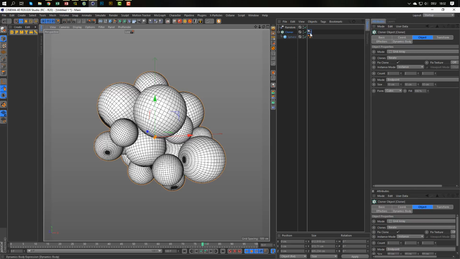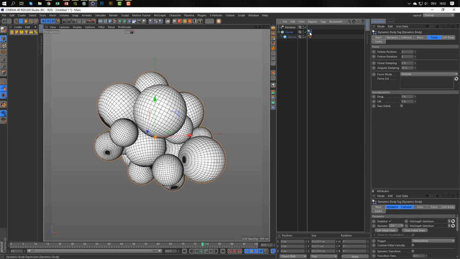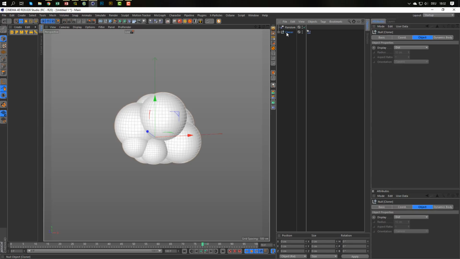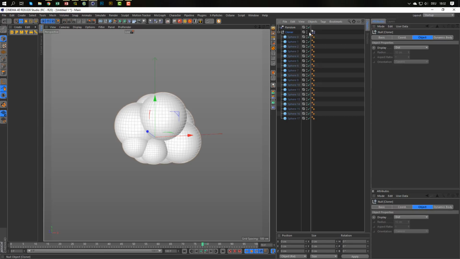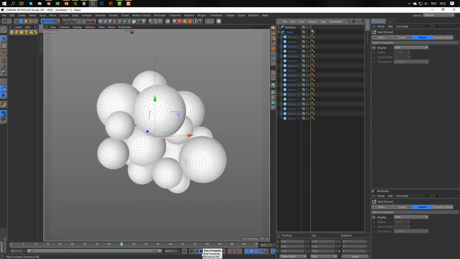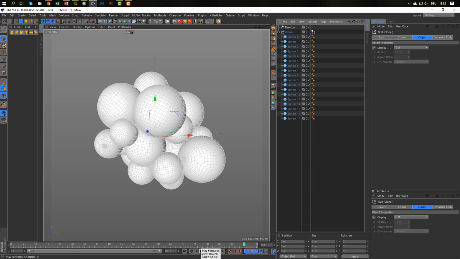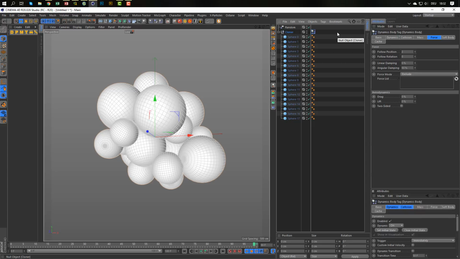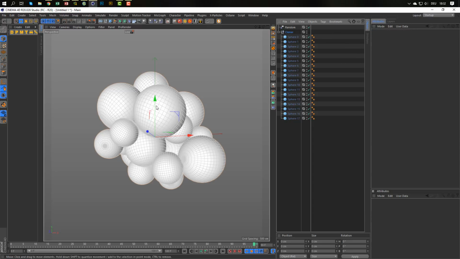Good. And now, when I just hit C, you will see, I get this, but it's okay. We have still our tag here, our rigid body tag, so the animation still works. So, and I need just this. So okay, go something like here, and here I delete my tag, and I have my